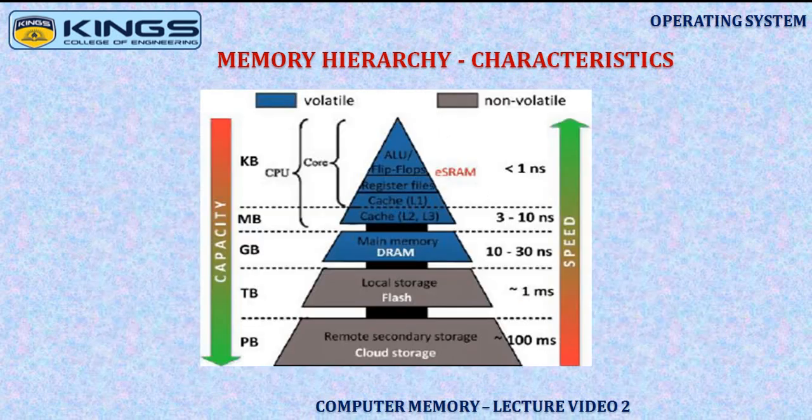Here is an illustration of memory units and their respective storage characteristics, whether volatile or non-volatile, etc. The blue shaded regions are the volatile storage units. The gray shaded regions are the non-volatile memory units. They offer permanent storage of data as well as files. Registers and cache are part of the CPU, and next is the main memory unit, with external storage units in the bottom two layers. It is seen that the storage capacity increases when we move down the hierarchy, and the speed increases when we move up.